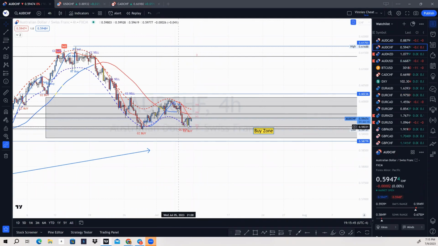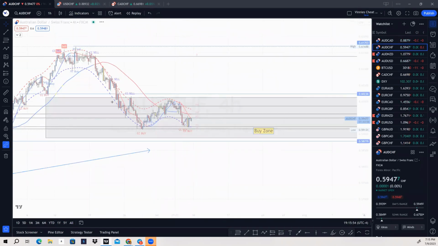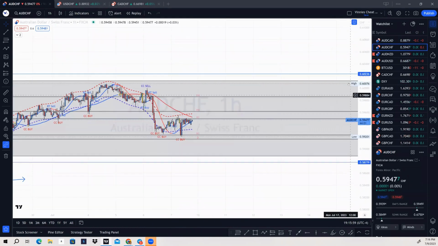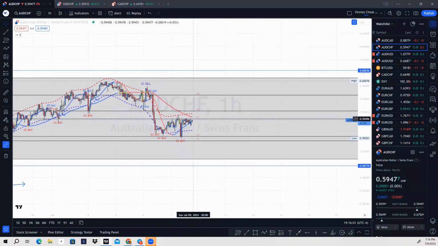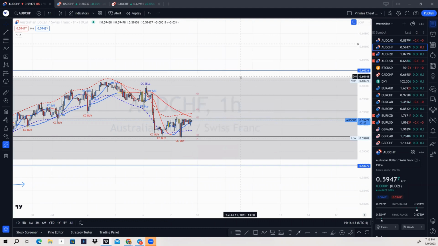If we want to get in on this, simply go down to the 1-hour time frame, and we're going to set an alert for a CC buy. So let's do that right now. You guys will see how it works. Price is already starting to push up. It's at a resistance right here, but I'm looking for price to break this resistance and then do a pullback. It might be a while before we get an alert on AUDCHF, but once we get the alert, price will